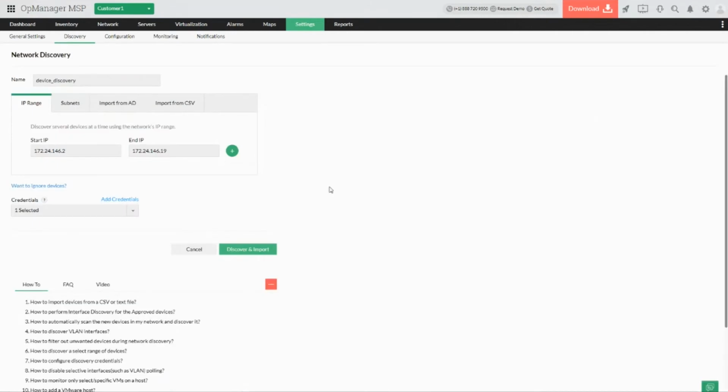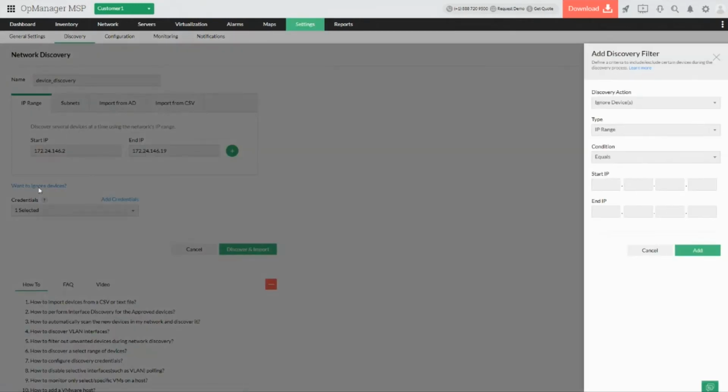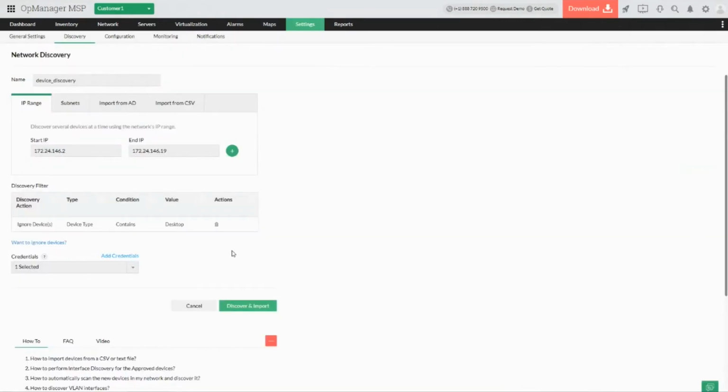So this gives us better leverage on what devices we want to monitor in that specific IP range. And also you can automate and have a better filter option in that IP range. Let's say I don't want to see or add any devices of the type desktop. I don't want to add and monitor any desktops in my environment. So once I add a filter like this, automatically in this IP range, when the scan happens, it's not going to discover any devices which have the device type as desktop. And likewise, you can also have filters to add specific devices, and you can use multiple filters as well.